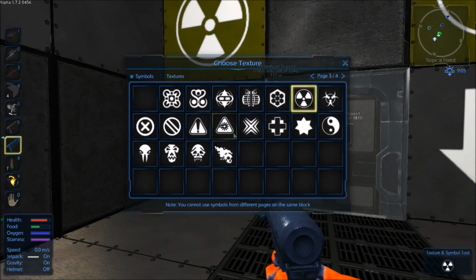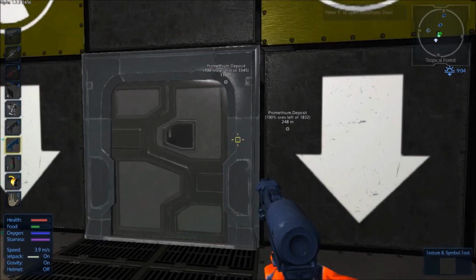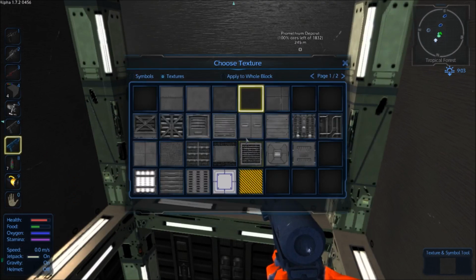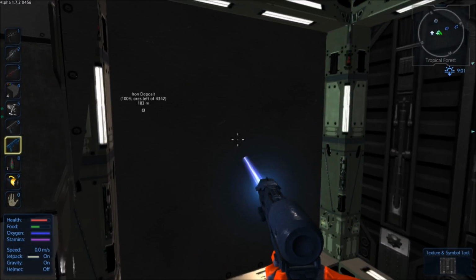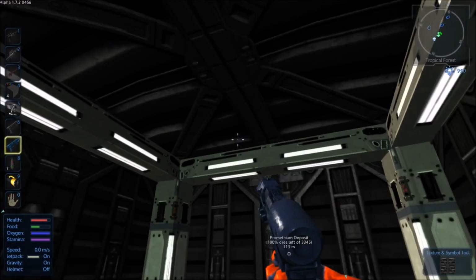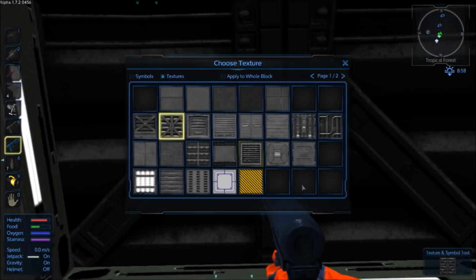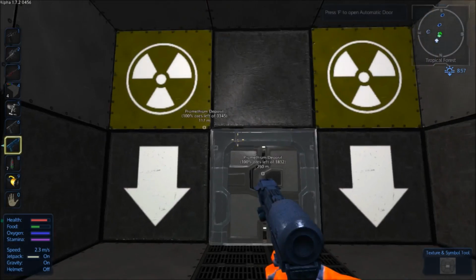So let's texturize this correctly. There and there. And then in here, let's make the texture the same as that, which I believe is that. Yep. That, and that. And this I'm going to texture as that, which I believe... No, that is this. Okay. Now that I've got all that correct,